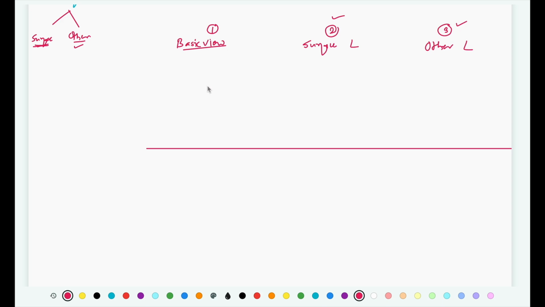Now when you are going to draw a basic view, there are certain things that we need to identify, or we need to fix first. First, you need to identify the surface inclination. Once you have identified the surface inclination, whether that surface is inclined to HP or VP,